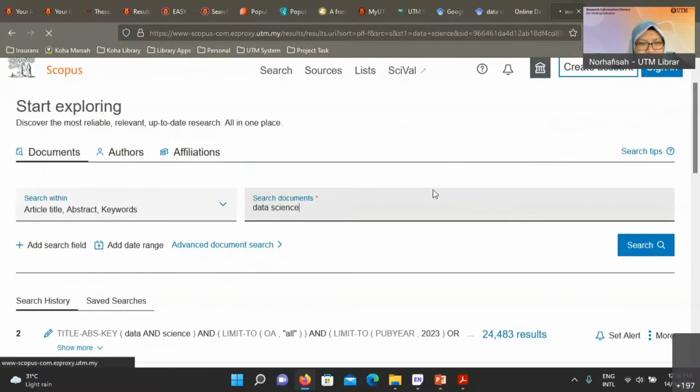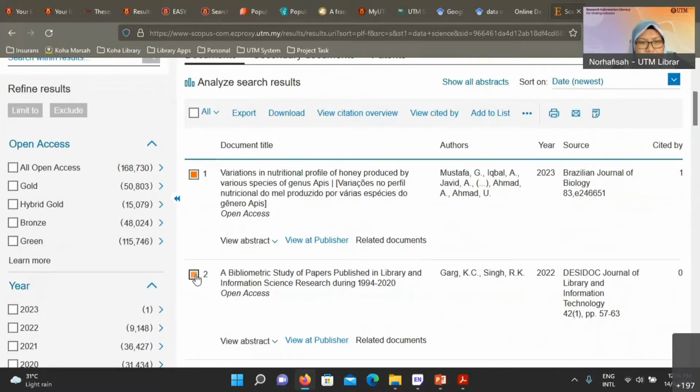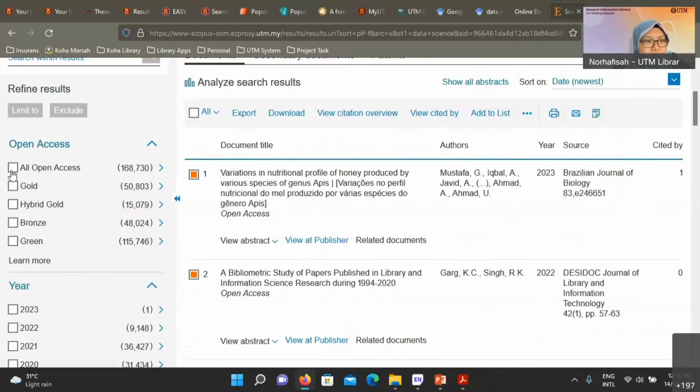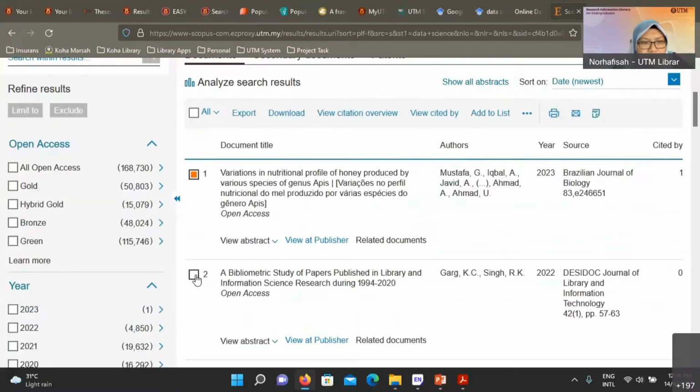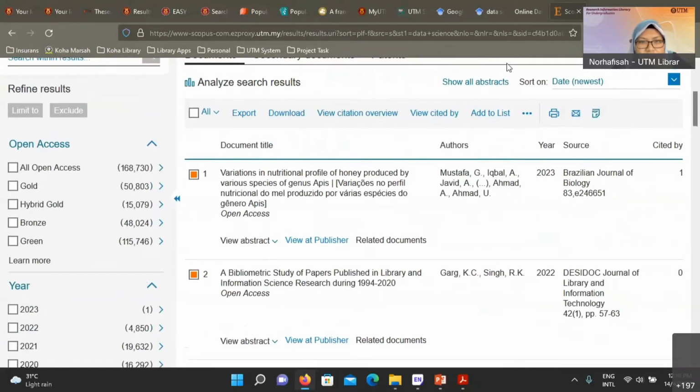Just search, and click on the article that you want. For example, I just want these three articles. Just tick these three articles, and then